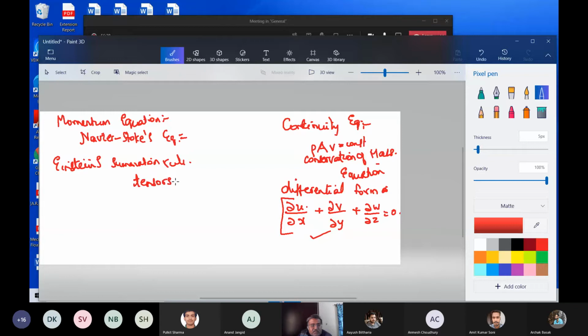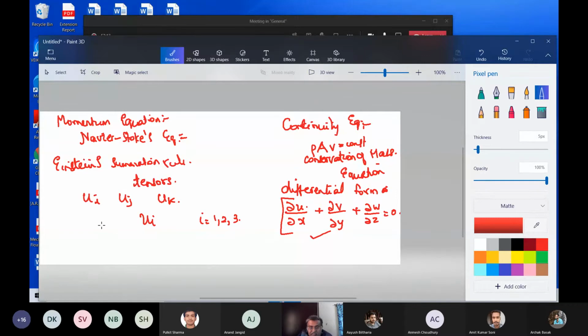I'm not sure if you had tensors in your mathematics, but a tensor is a thing like a vector. For example, we say the velocity is ui. So the velocity components are ui, uj, and uk. It is written in many forms. It can be said that it is ui where i equals 1, 2, 3. This is one way to write it. Or we can write it as ui, uj, uk, three terms.